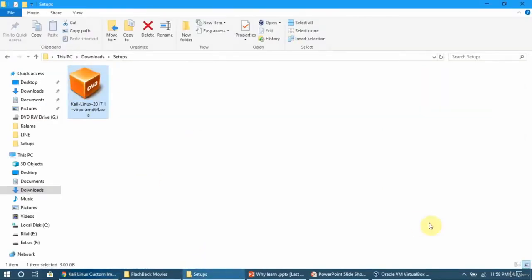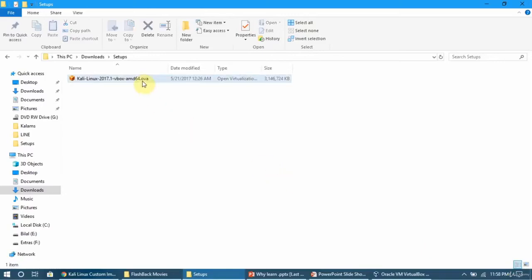So here it is, and you can see that it has an .ova extension. This is a pre-installed and pre-configured version of Kali. What you need to do is double click it, and it will open a window for you. There will be a dialog box asking you to import it to VirtualBox.